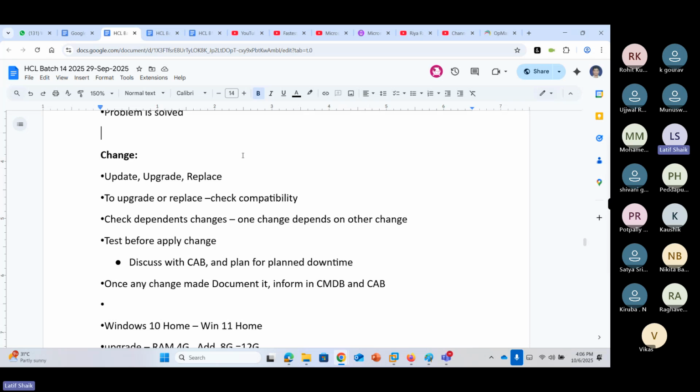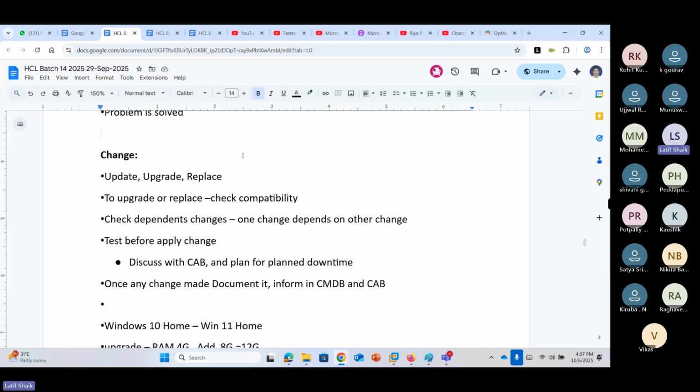We are doing a change for resolving an issue, or for avoiding the occurrence of issues, which is problem management or incident management purpose. Or for better service provision, like improving the quality and availability of the services. You have to define the purpose of change. That is the first point in change management.